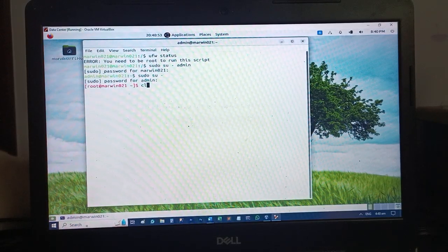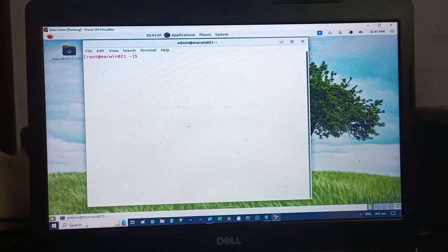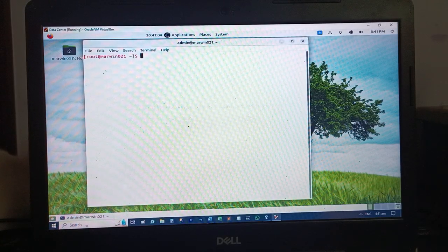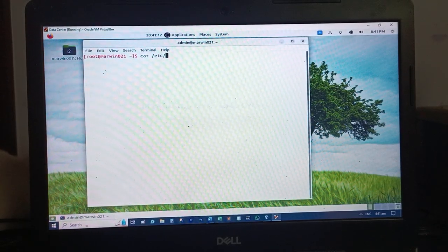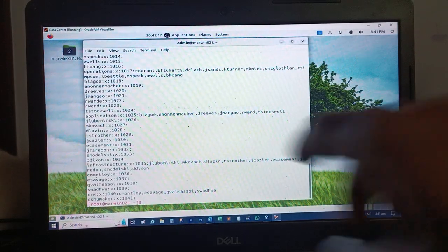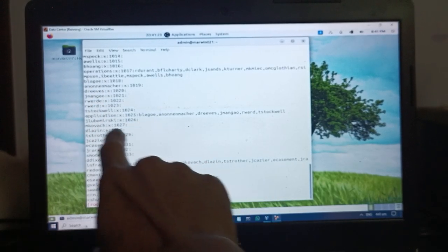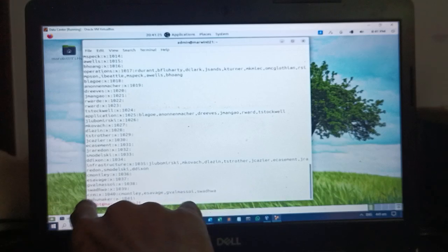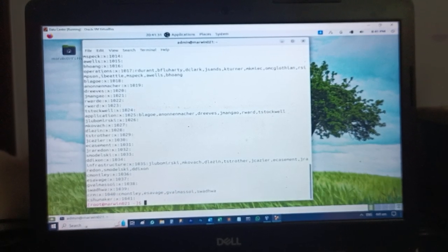I will show you the organizations and file permissions. Here we have four groups: the operations, the application, the infrastructure, and the CRM.